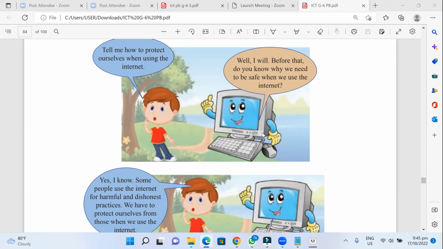Different access levels exist on the internet. Different access levels are there for different users, and different sites or different applications ask for different access levels. For example, let's think you have installed an application on your mobile phone. Have you seen that it is requesting access? Some applications are requesting access to the camera. Some applications are requesting access to your phone book. Have you seen that? When you install an app on your mobile phone, Zoom for example, when you install Zoom, it asks for access to your camera. Have you seen that or not?